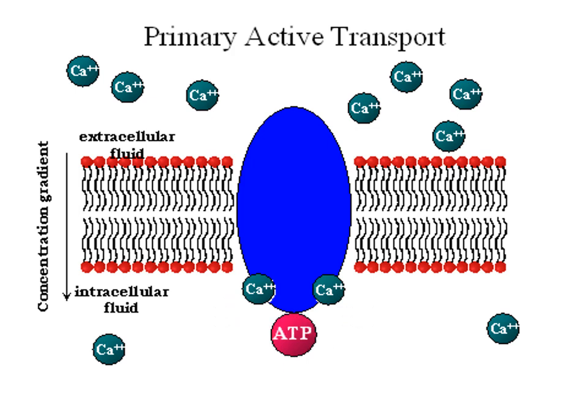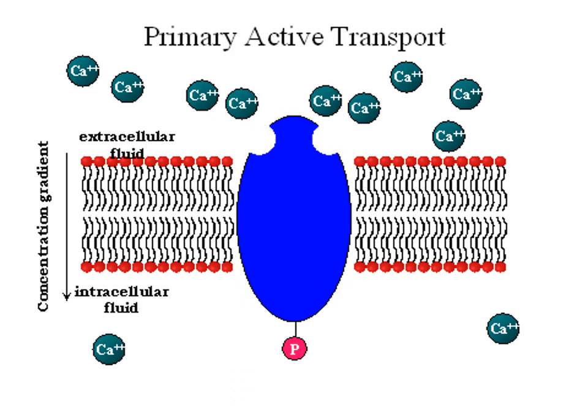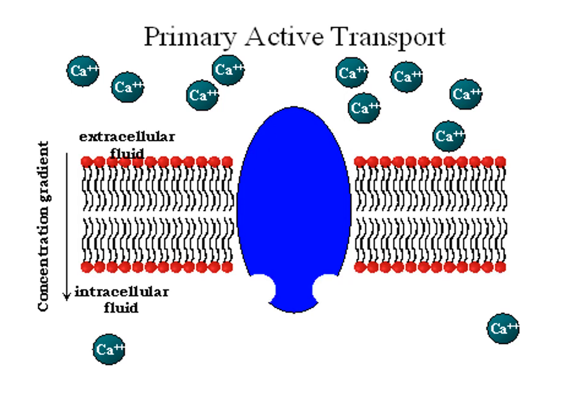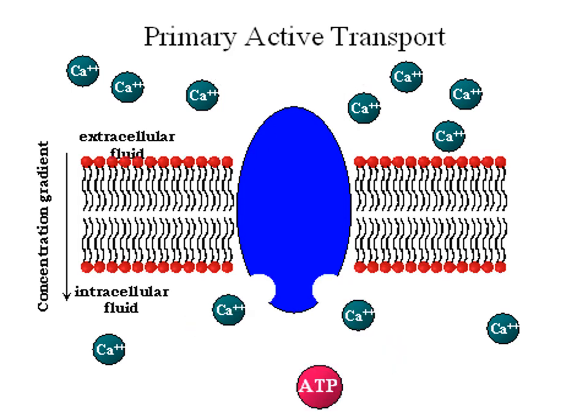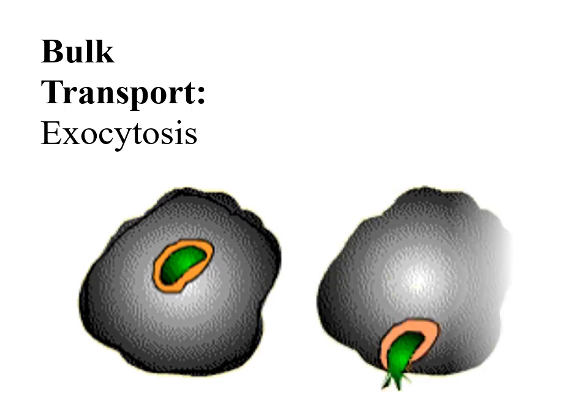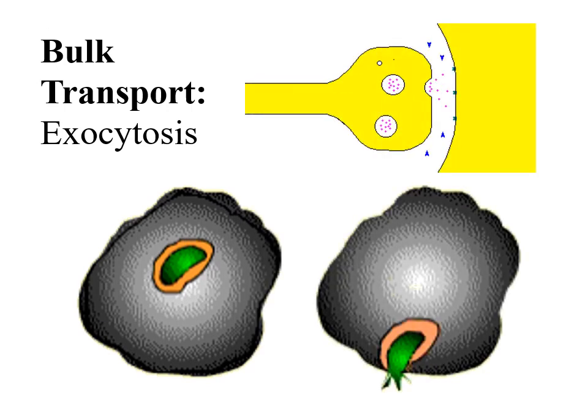Nearly a quarter of all the energy expended by our bodies each day is actively transporting solutes against a concentration gradient. Cells also have the capacity to move droplets of fluid or large particles or solutes en masse across membranes. This is called bulk transport. Bulk transport also requires cellular energy. There are two forms of bulk transport.